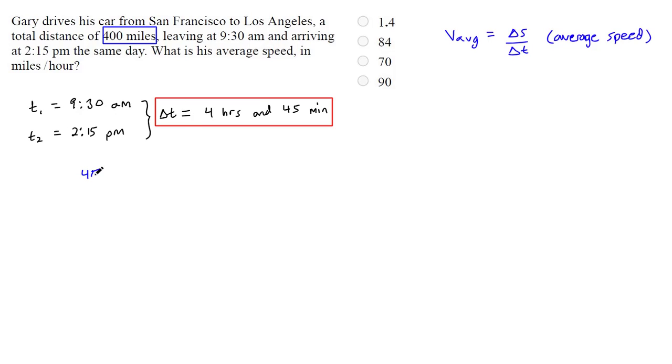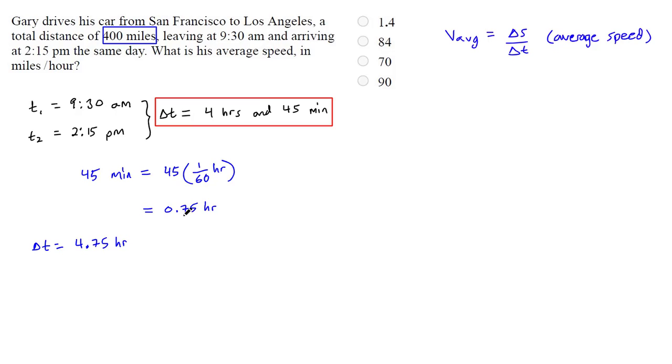We can write 45 minutes, and 1 minute is just 1/60th of an hour. So we can write this as 45 times 1 divided by 60 hours. So 45 over 60 is just 0.75. So this is 0.75 hours, which means that the total change in time is 4 hours plus this extra 0.75 hours. So delta T is equal to